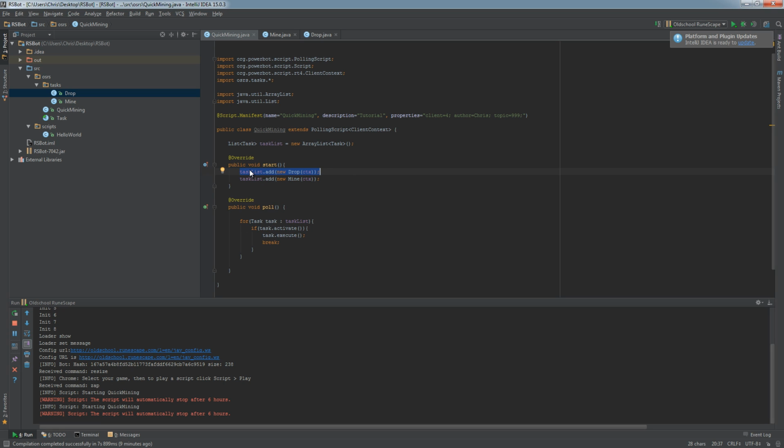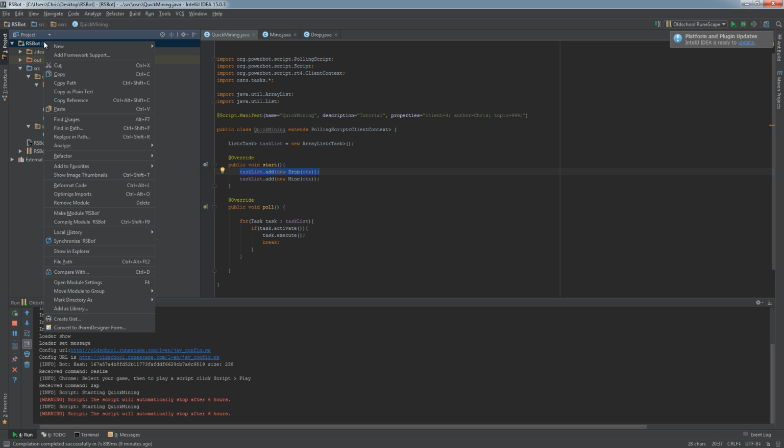It would just say if I need to drop. And then if that came out and you still needed to drop but it errored for some reason, it would still try to mine, but because of this break it's not going to do that. It's like a safety. So if we go RSBot compile